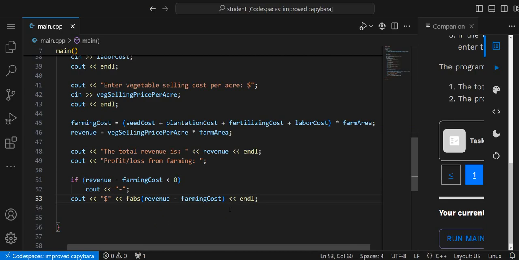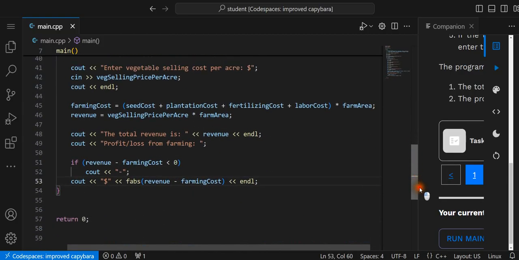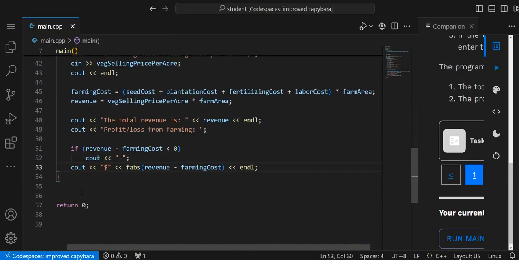So we close out this bracket. Is that right? Yeah, that's right. Then we're going to do else if